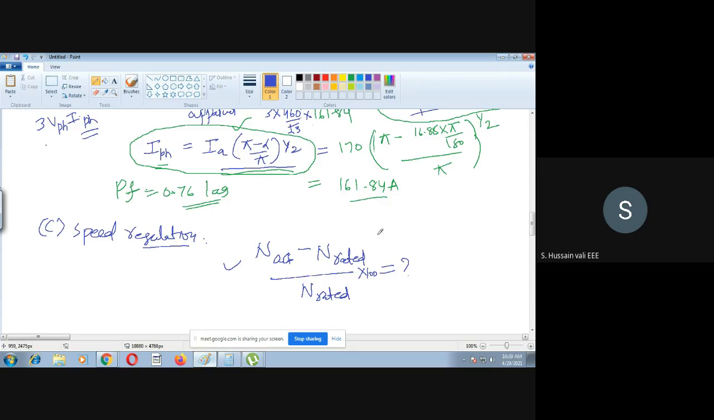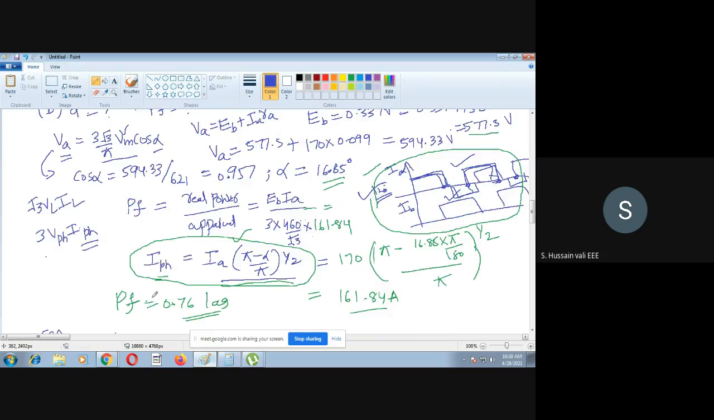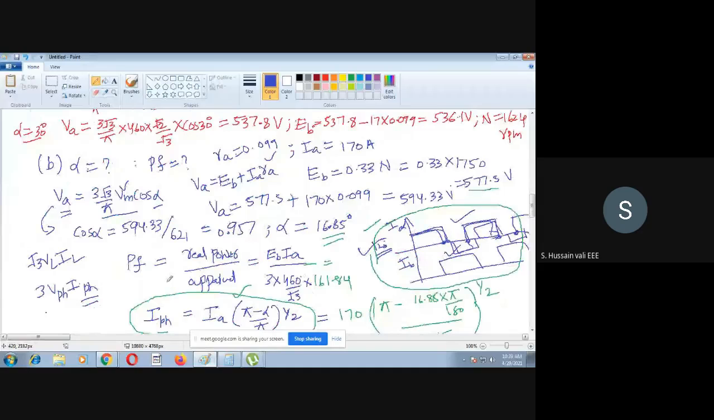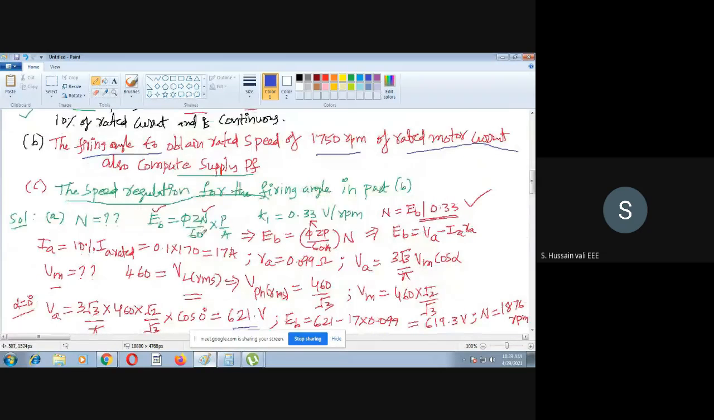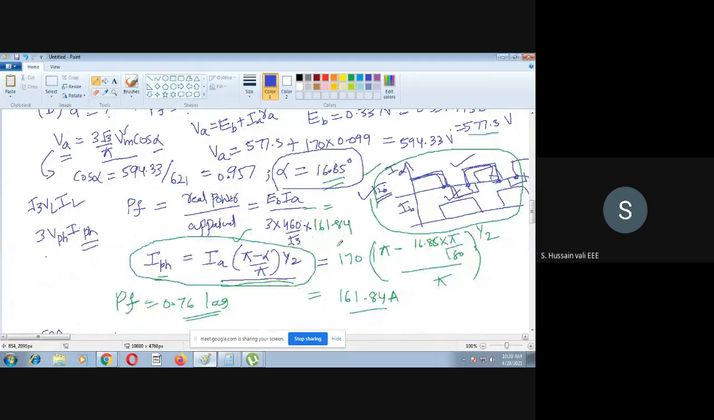So this is what you have to find out. You know very well the rated speed is 1750. Then what we have to find out here is, what is the actual speed now, for this firing angle? Which firing angle? For alpha, because he said in the problem part B. So in part B, what is the firing angle? We got 16.85. So for 16.85,